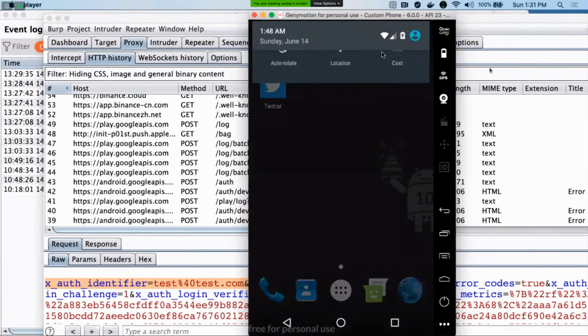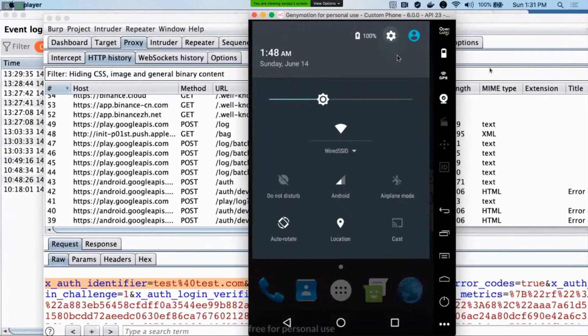So let me just disable the SSL pinning, sorry, capturing.